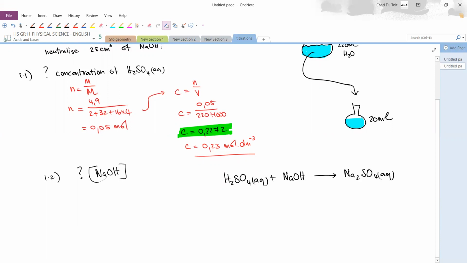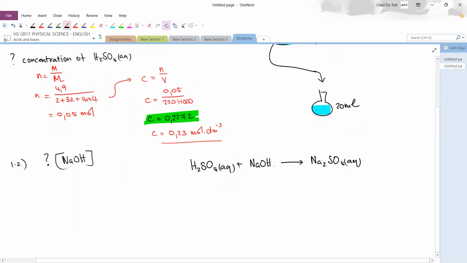So there's the reaction between the sulfuric acid and the sodium hydroxide. It gives me sodium sulfate and water. And if I balance it, I get this. That's the balanced equation. But I only use 20 milliliters of the